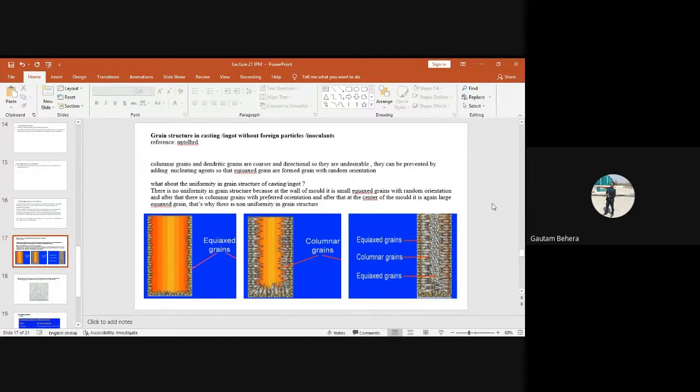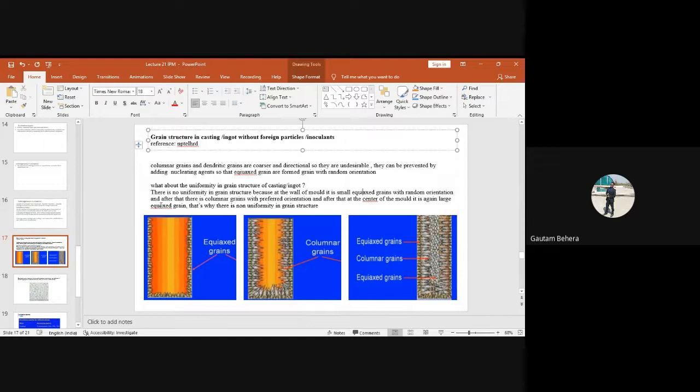So finally, let me tell you again an important point. The small equiaxed grains which form along the mold wall are also called the chilled zone, because this is a very chilled region, because the mold wall is in contact with the atmosphere, right? That's why